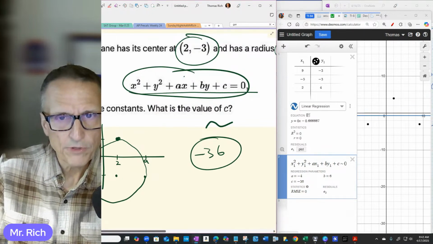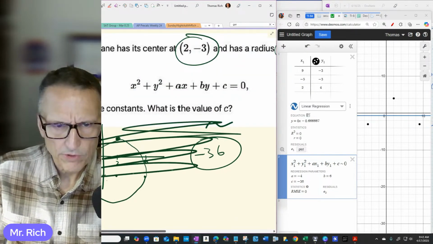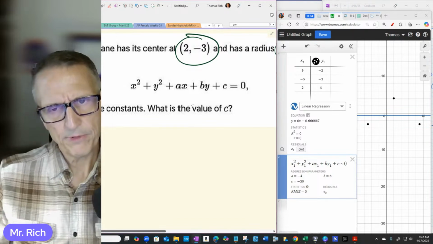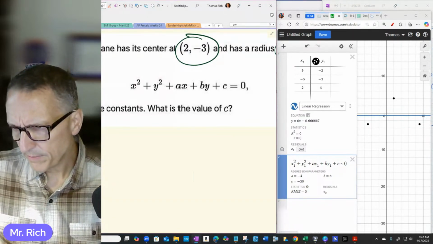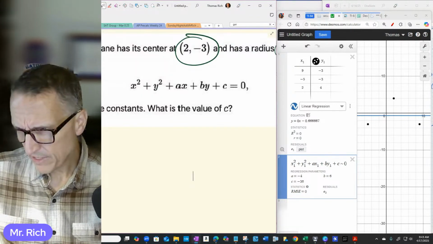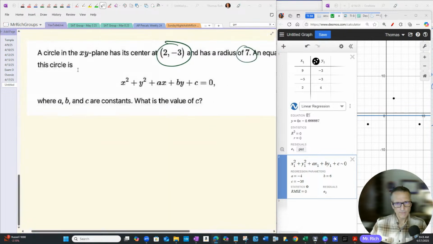All right. So really super simple. Now, could we have done this without Desmos? Sure, of course. All of these could be done without Desmos, or they wouldn't be asking you the question to do. So let me move myself totally out of the way here. Let's go down here. What I'm going to do here maybe is try to show you how I would have done this. What I would have done is make the equation in standard form. Since the center is at 2, -3,